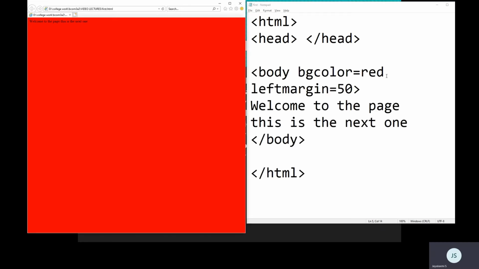This numerical value can be represented in 3 forms. If you don't specify anything and give only a number, it is called a pixel. A pixel is one dot on the screen. 50 pixels means you want a space of 50 from the left side, or if I say pt, that is for 50 points I want a space. And if I want, I can even say percentage. Numerical values can be given in 3 forms, I repeat. If you don't give anything, that is considered as pixel, or you say pt, it is considered as point, and you give the percentage symbol, it is considered as a percentage value. That much percentage it will move.